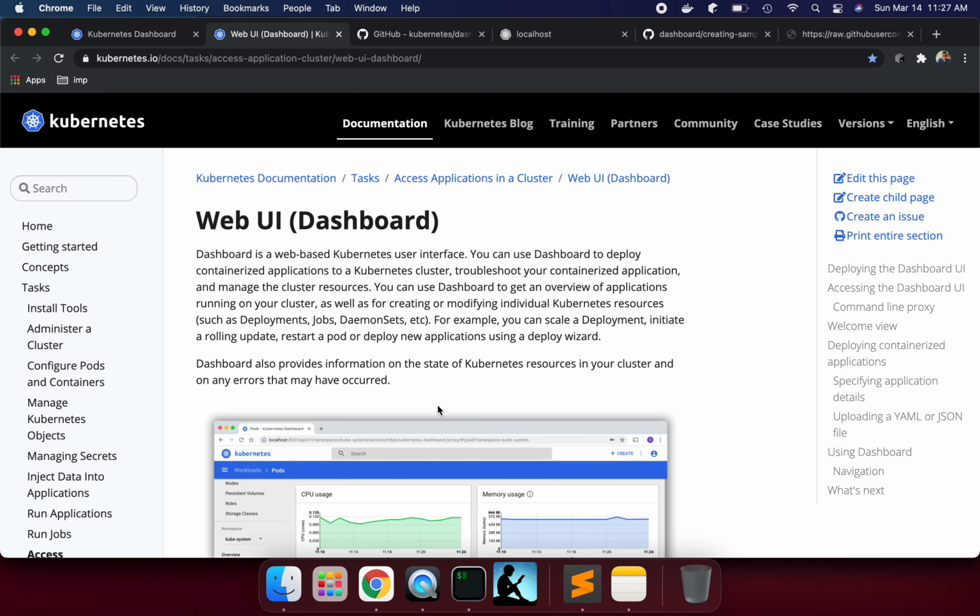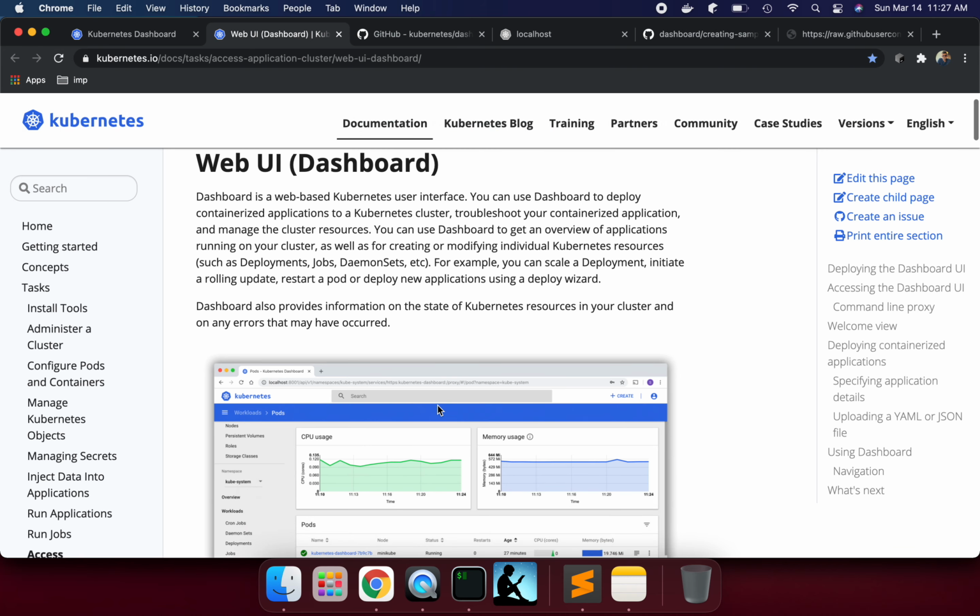In this lecture, I am going to talk about how we can enable the Kubernetes Web UI, so that whenever we are deploying pods or services and deployments, we can see them through the UI. Basically, you can do all those things through the command line, but how can we see them through the UI? So if you see here,